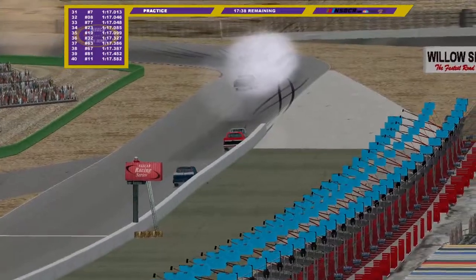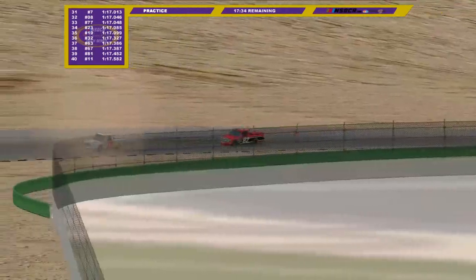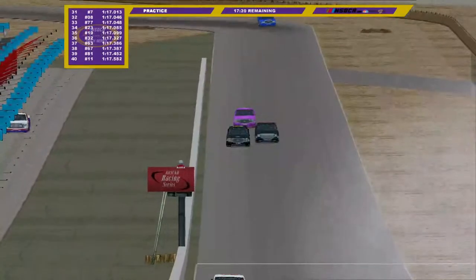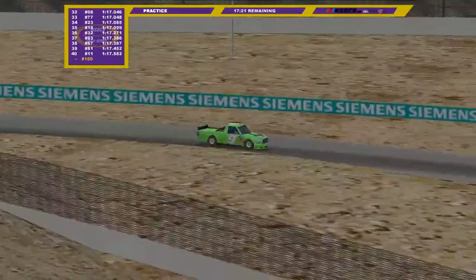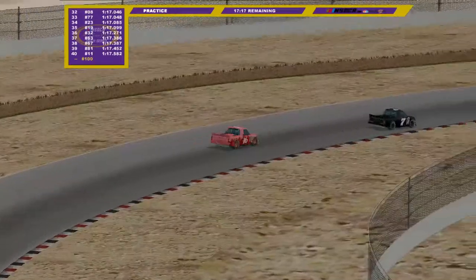Okay. That's not good. What is happening down here? No idea. It looks like everyone's back off, though, and they're back straight. That was interesting. Must have been some oil or something down there. A lot of cars torn up now or with some damage, so that's great to know for the future scheduling